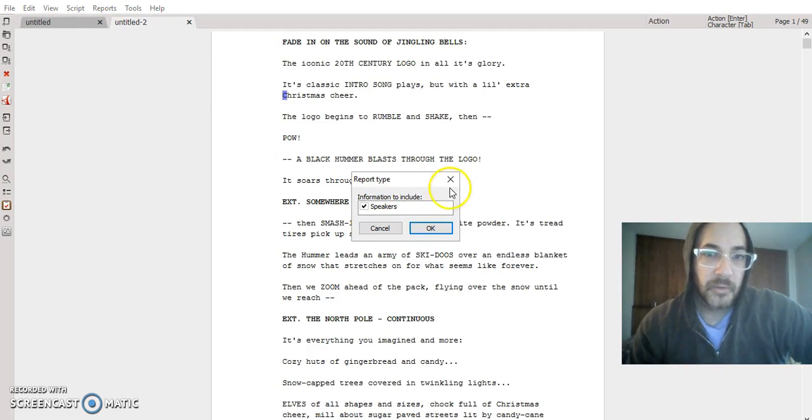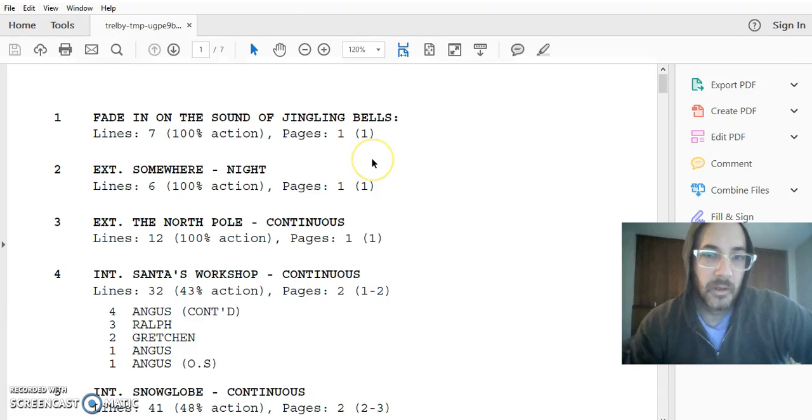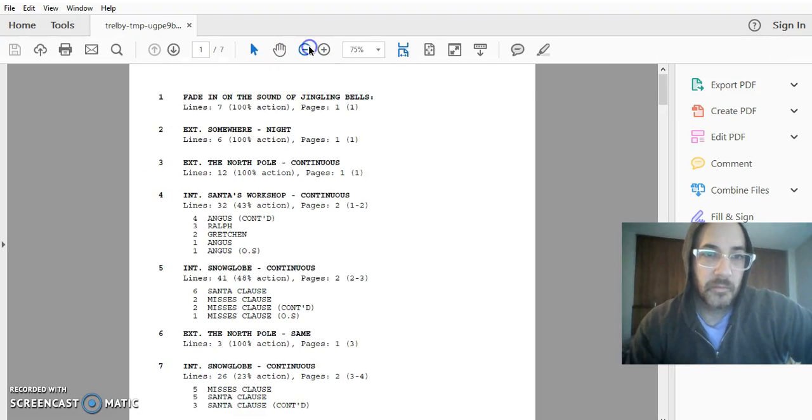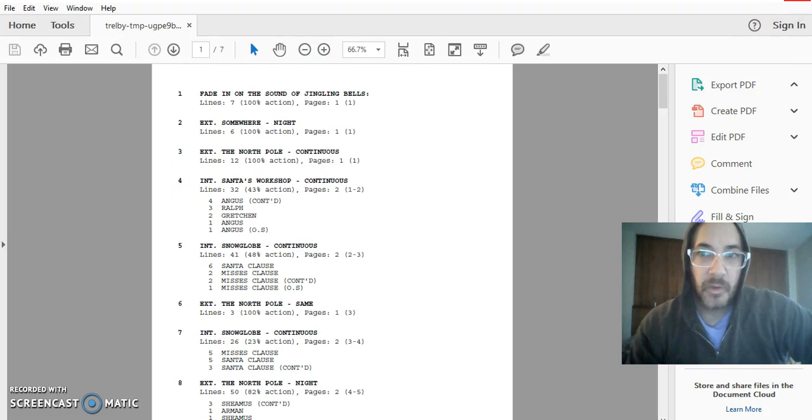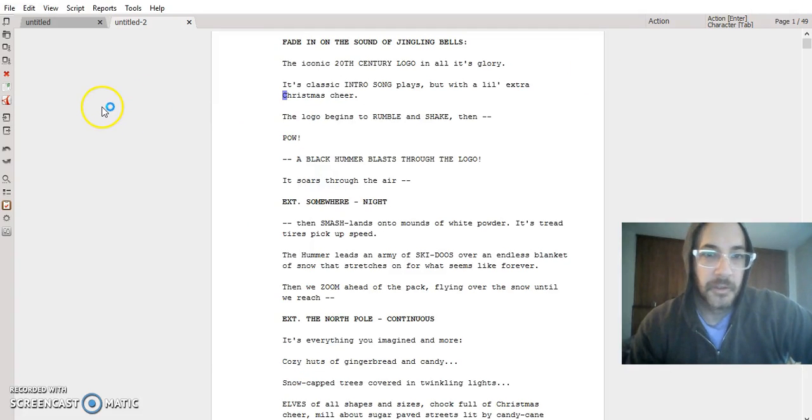Scene report, same thing. And it generates a PDF very quickly, which I also like. So yeah, there's my quick little overview review of